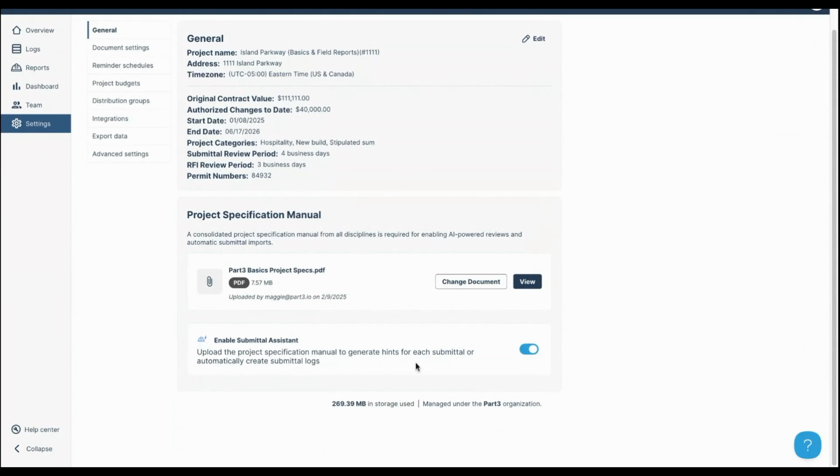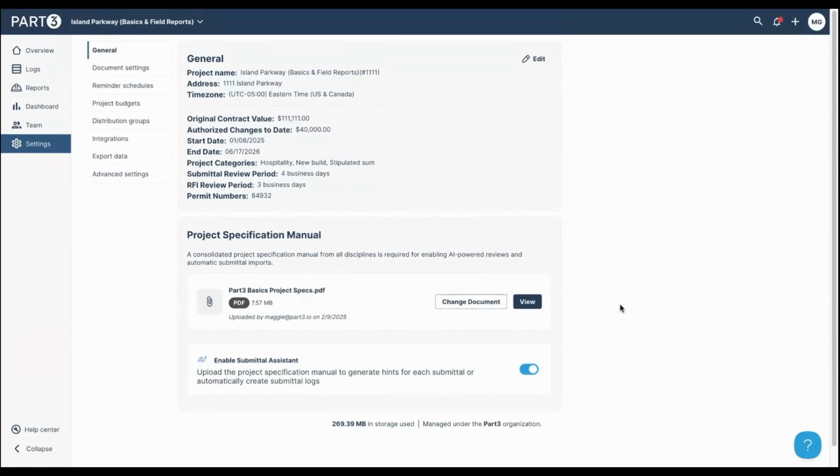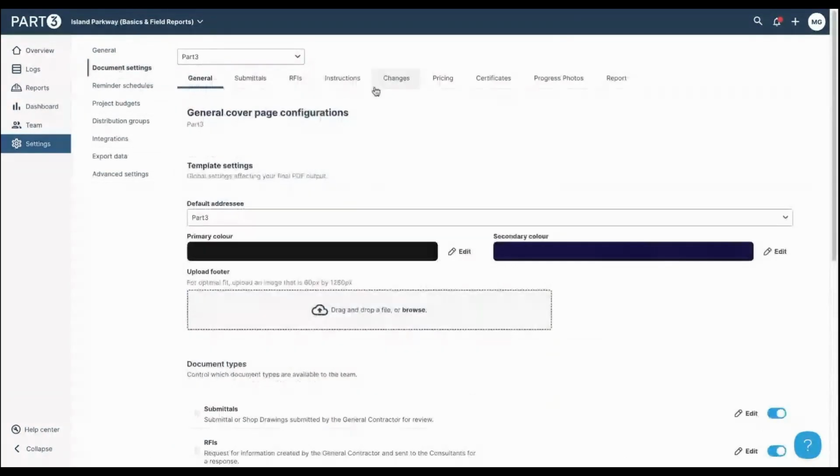And you can always enable our submittal assistant by toggling on here. And this will generate hints on your submittals, or it will automatically create the logs. So that's totally optional, and I'll show you what the hint generation looks like once we get to creating a submittal soon. So looking at the document settings, this is the general area where you can upload your footer if